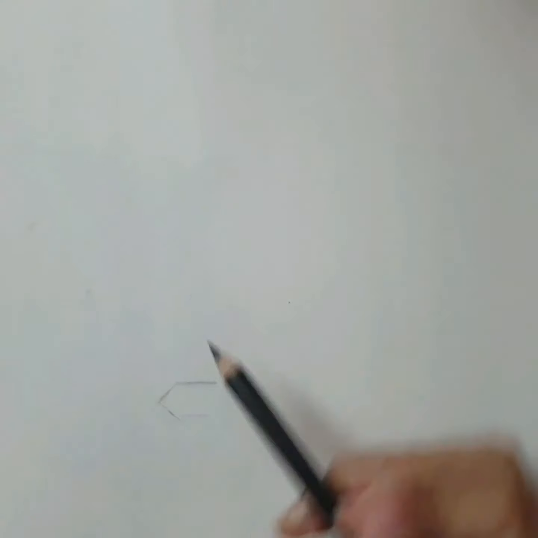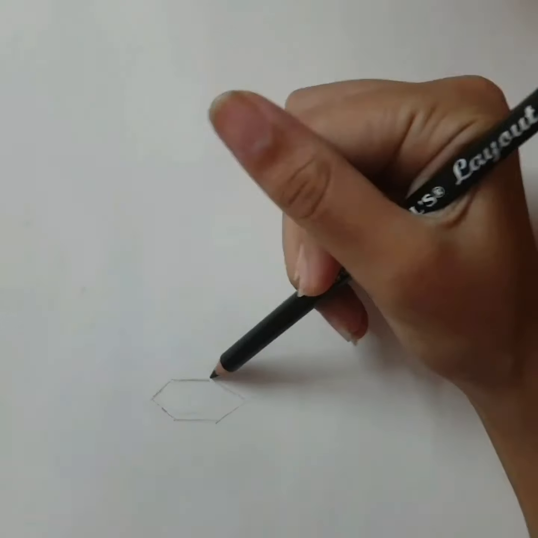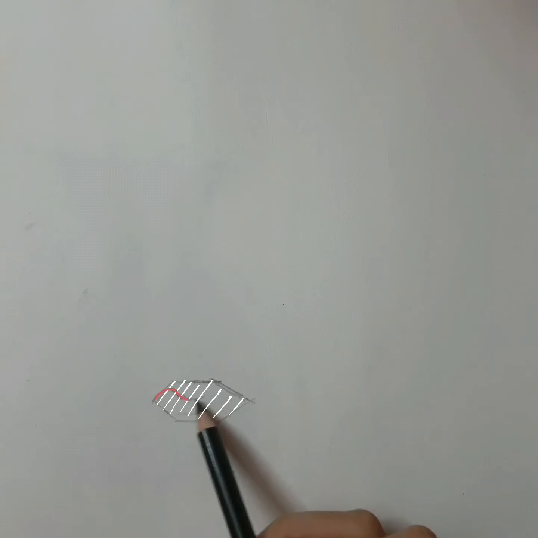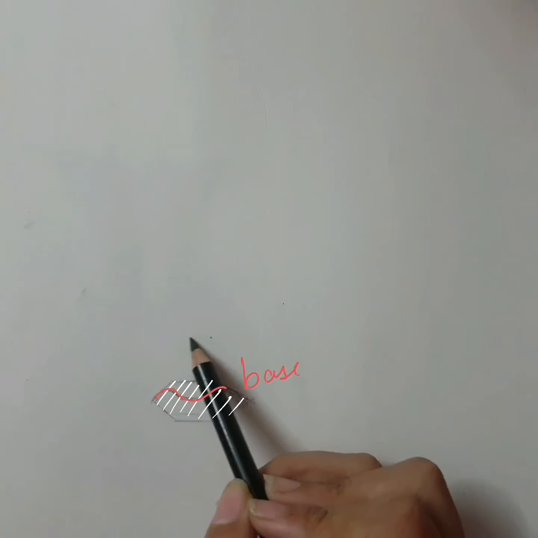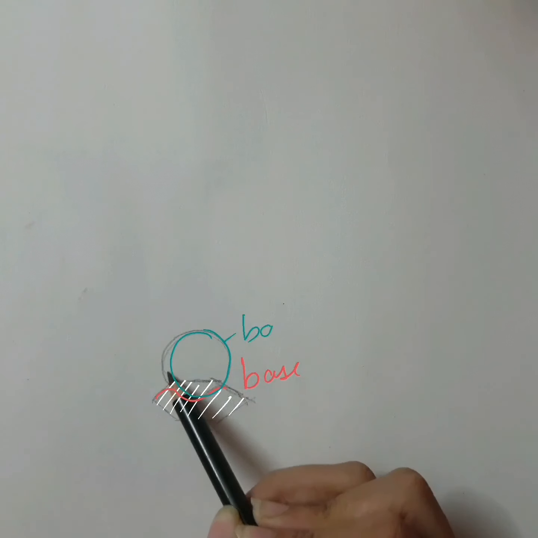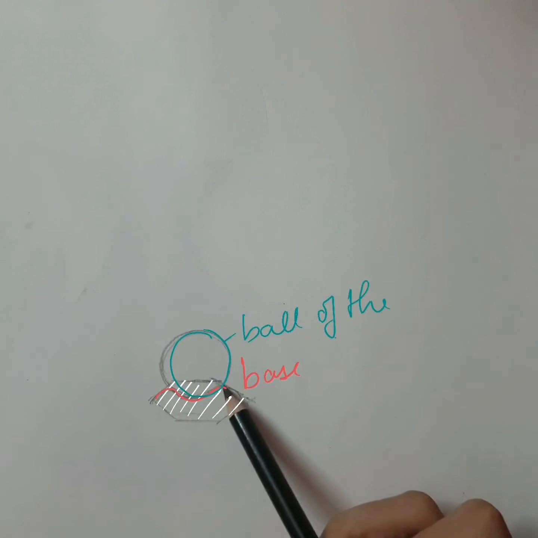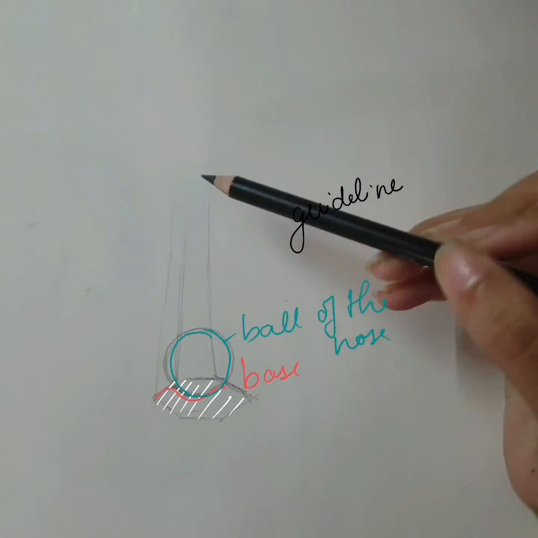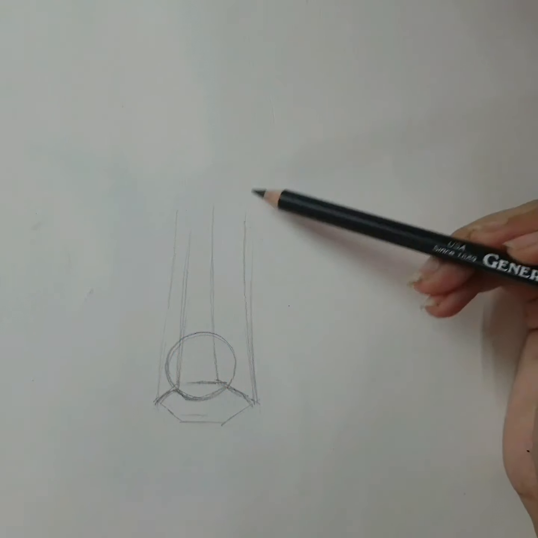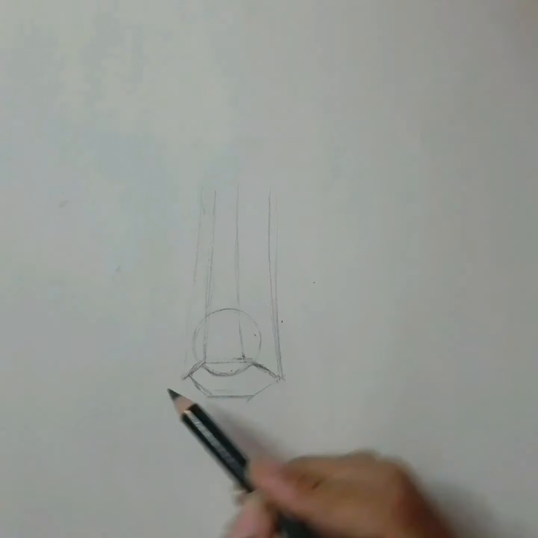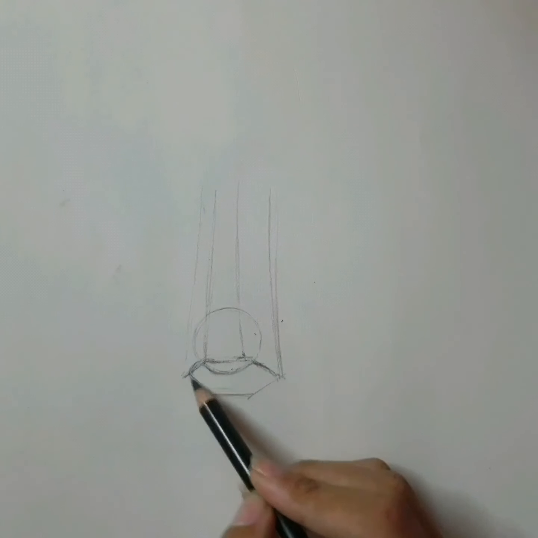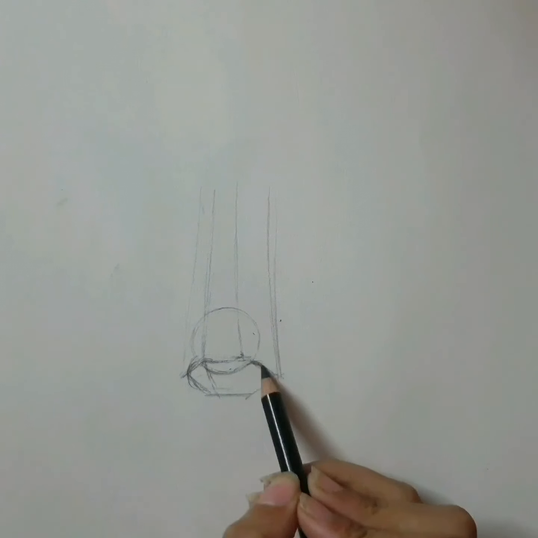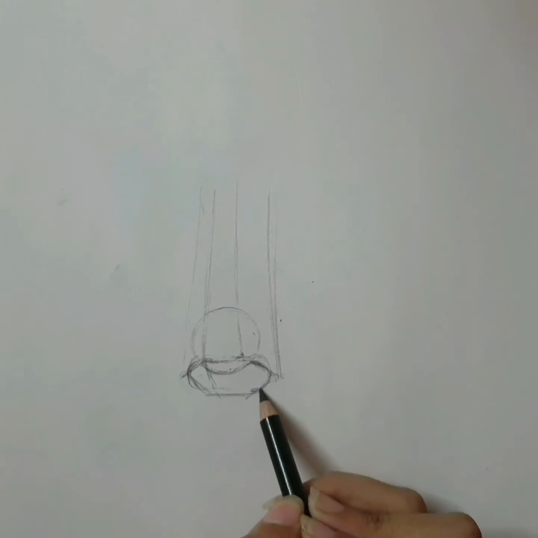So first off, we are going to start with the basic structure of the nose. This part will be the base of the nose, or the under part of the nose. Next, I will be establishing the ball of the nose, which will then be followed by some rough guidelines for the structure of the nose. After mapping out some rough guidelines, we will be starting with the individual parts. This is how the ball of the nose will be connected to the septum.